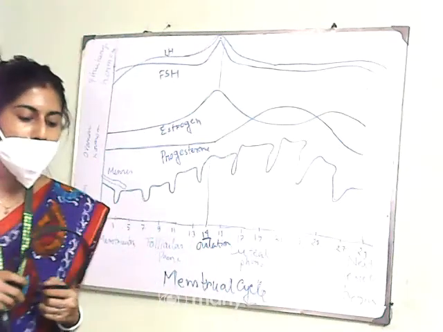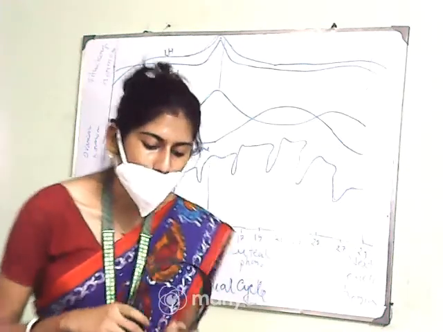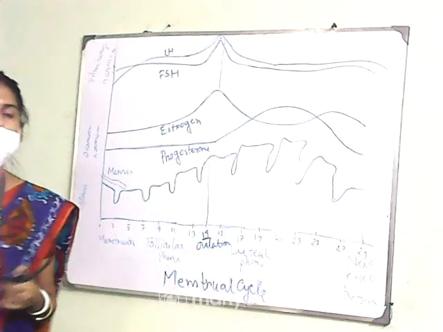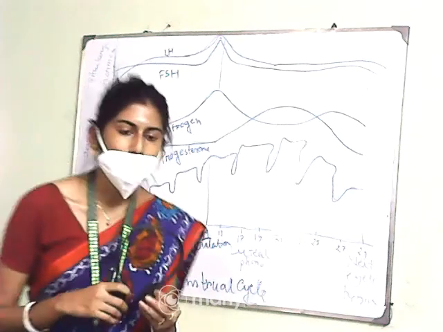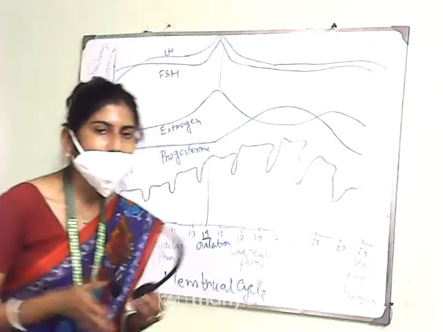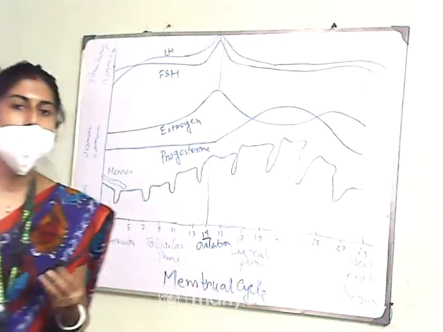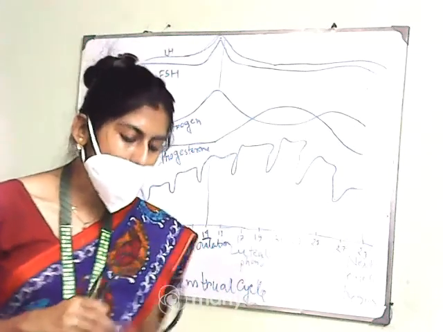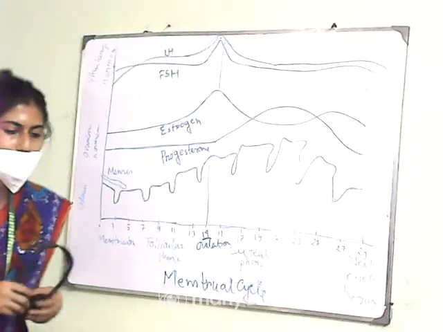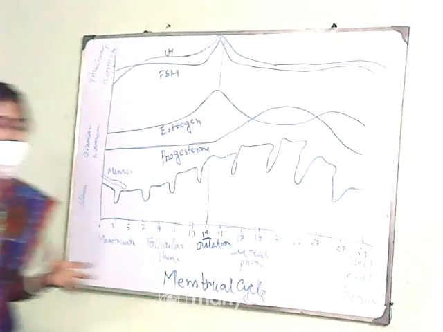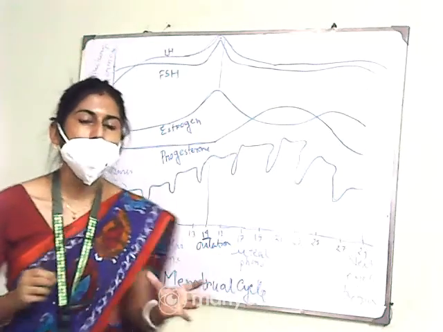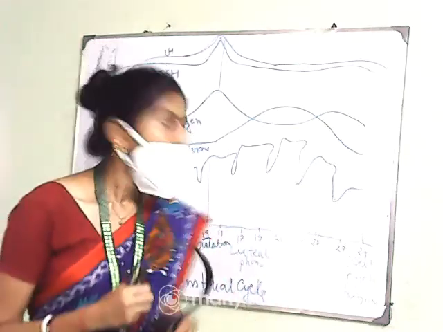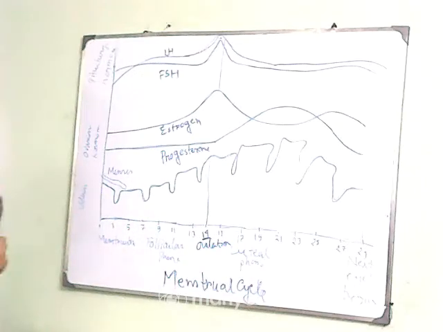Now in case of oogenesis, from the oogonia, primary oocytes will be formed, from the primary oocytes secondary oocytes will be formed, and at the end we will get the ovum. And again the chromosome number in oogonia is 46, but in case of ovum it is haploid, that is 23. Okay. So there is a schematic representation which is showing the differences between the spermatogenesis and oogenesis. Now come back again to the menstrual cycle.